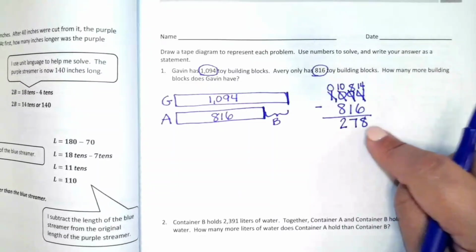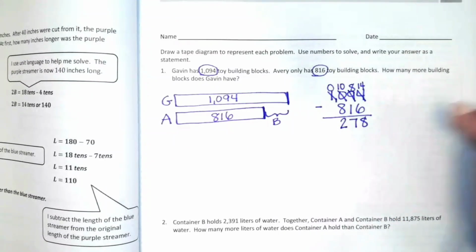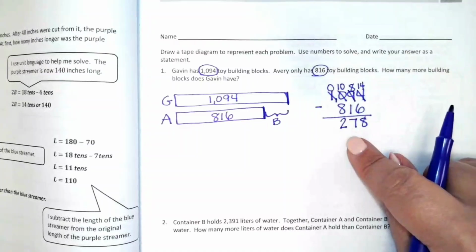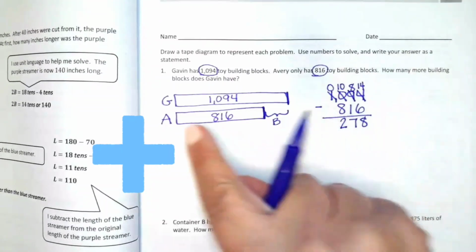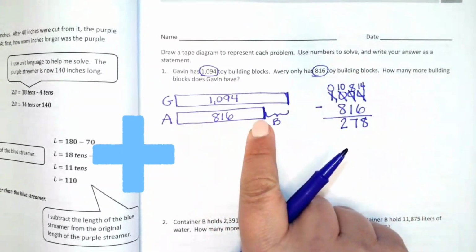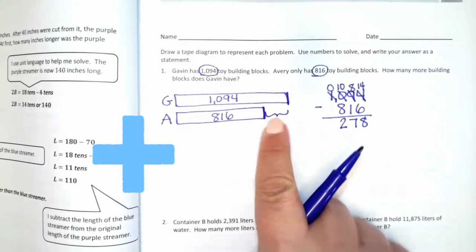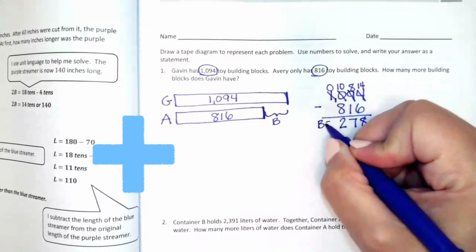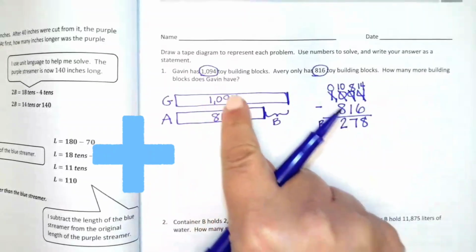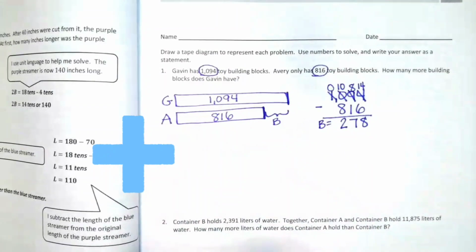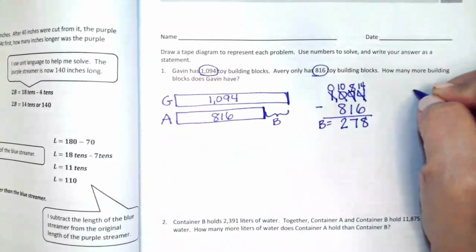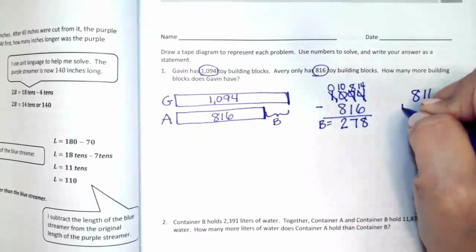278. Now we have to check our work. We're going to check our work by using addition. We take Avery's number of blocks plus 278. It goes right here. This is what B equals. And we have to see if it equals 1,094 when we add those together. 816 plus